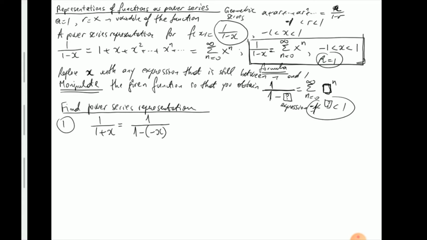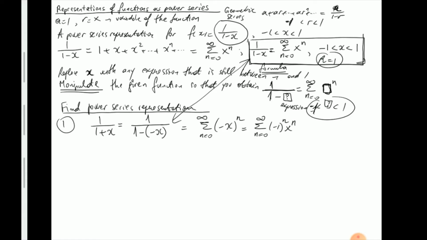And then I can go to the actual formula and just replace on the right hand side x with minus x. And voila, this is the power series representation for 1 over 1 plus x. It's customary to take out all coefficients and leave x to the power n, just to match the typical way we